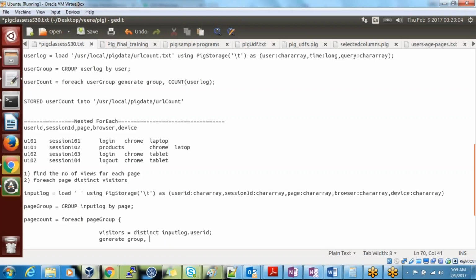So here we need to find distinct. What is the next distinct? The number of views we need to find. Inside the single loop only, I'm going to find the number of views as well, correct? To find this number of views, I need to use group here, page group. In this page group I need to find the